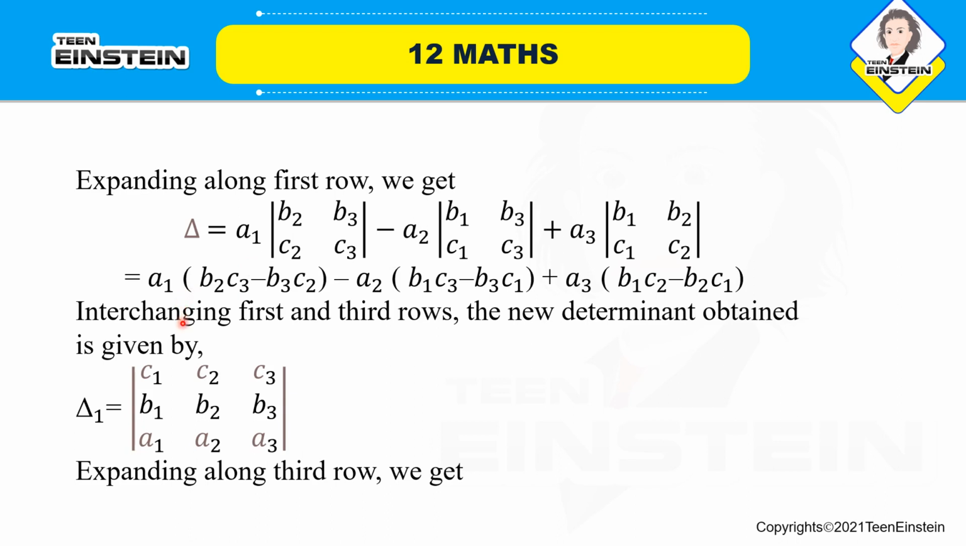Now I am going to interchange the first and third rows here, because what I am going to verify is that if any two rows or any two columns of the determinant are interchanged, then whether there is a change in the sign. So I am interchanging the two rows. What are the two rows? The first and the third row. Then the new determinant is obtained by delta 1 equal to,